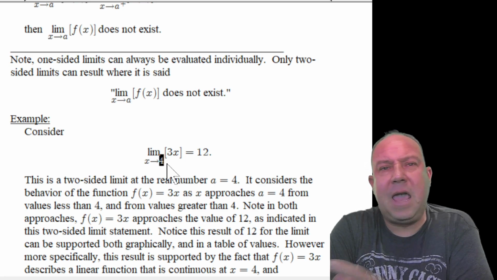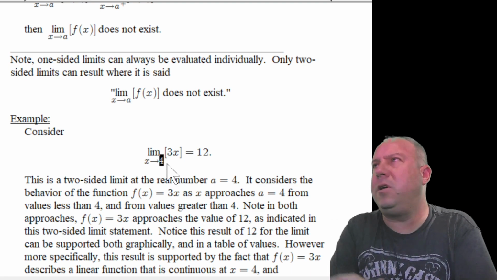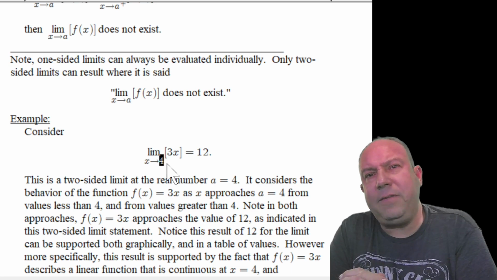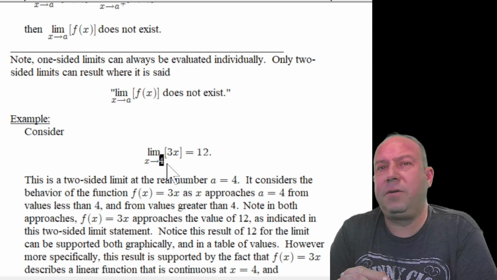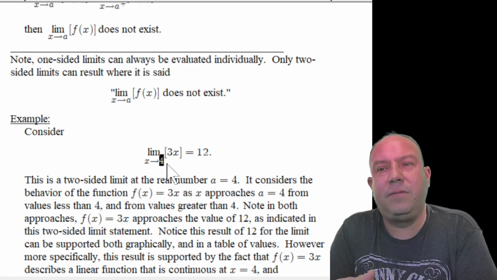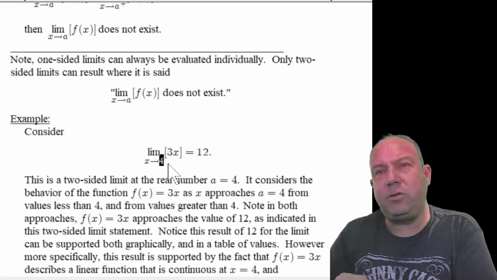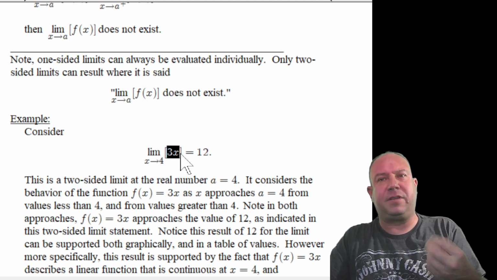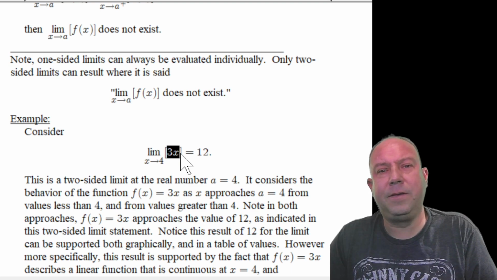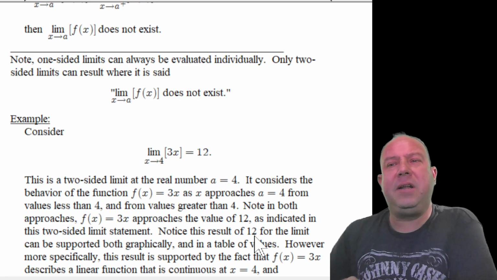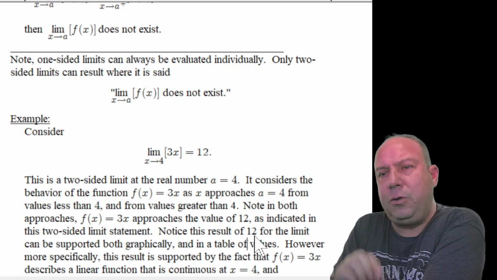What we can note is that we're pretty familiar with the behavior of 3x. Being a linear function, the output is going to approach the value of 12. It's going to approach the value of 12 because the function 3x approaches 12 from both the left and the right-hand side. That result of 12 is supported both graphically and by tables, but it is really more a result due to the fact that